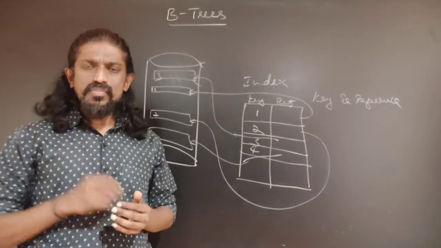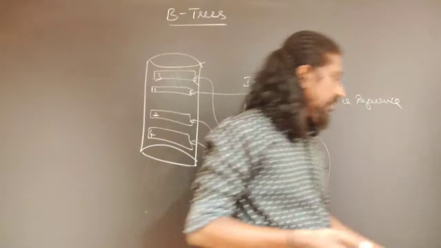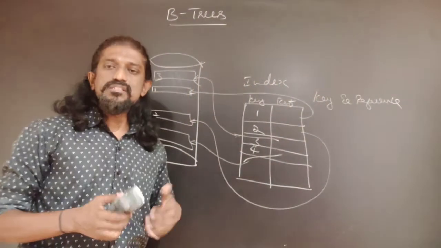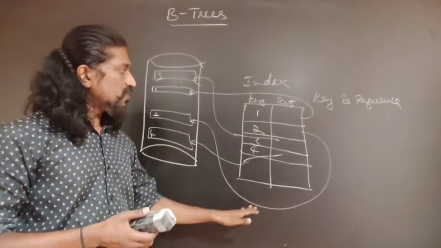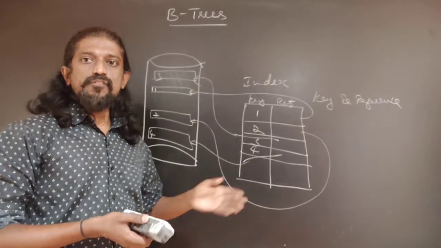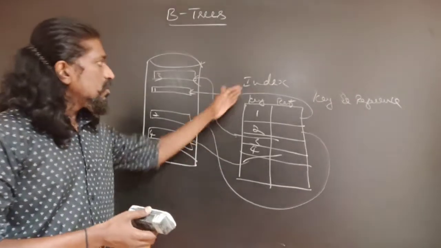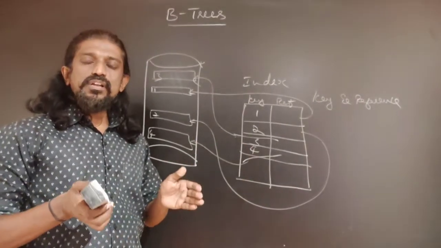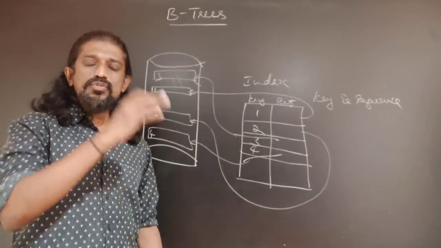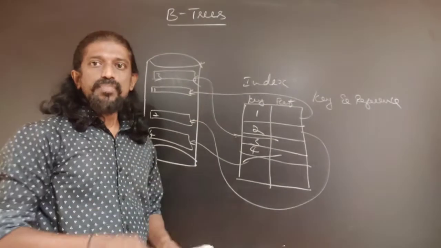this index table can be stored in the main memory. Sometimes it may so happen that the data records will be so huge, millions and millions, that the index table will also become too large. The index table may have millions and millions of key reference pairs, and it may become very difficult for us to store the index table in the main memory, or alternately it may not be necessary also to store such a huge index table in the main memory.